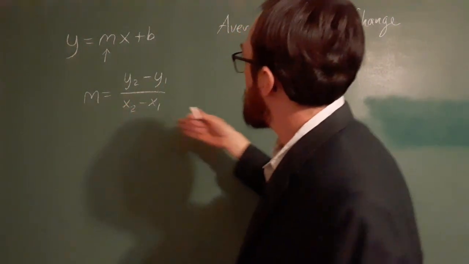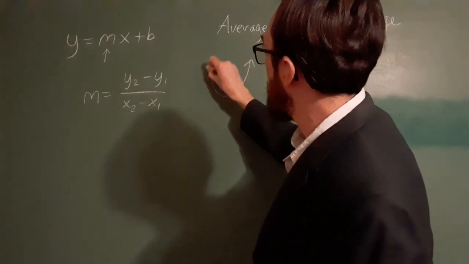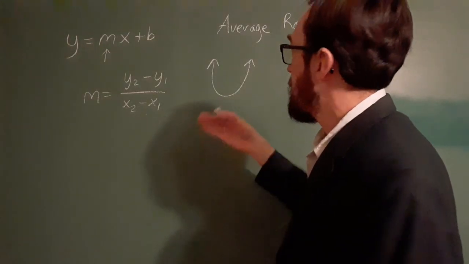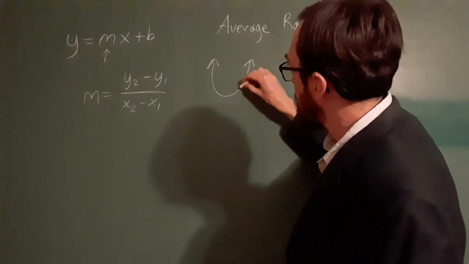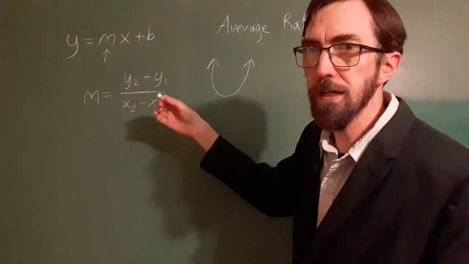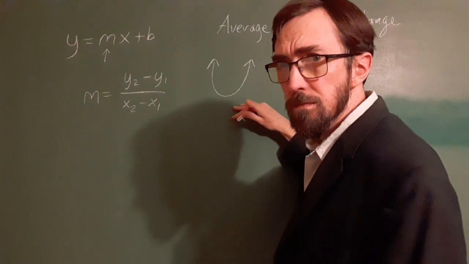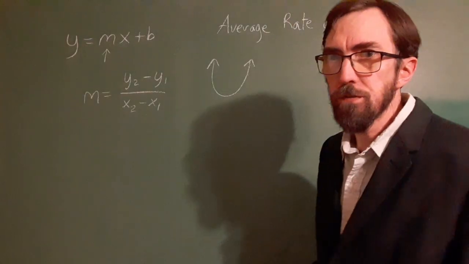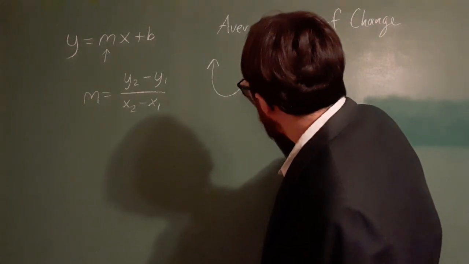But when you move to something that has a curve to it, like a quadratic equation, which graphs a parabola, we now no longer have a straight line. Every point that we choose along the curve will essentially have a different slope at that point. That's why we have to start talking about the average rate of change, because when I choose 2 points on this,